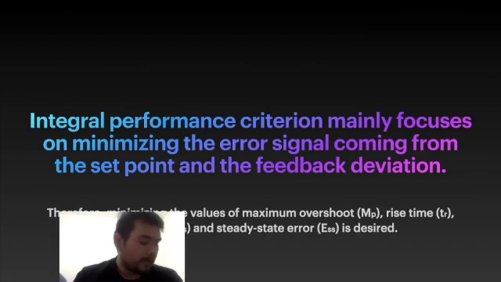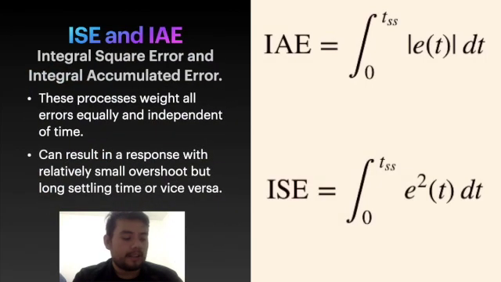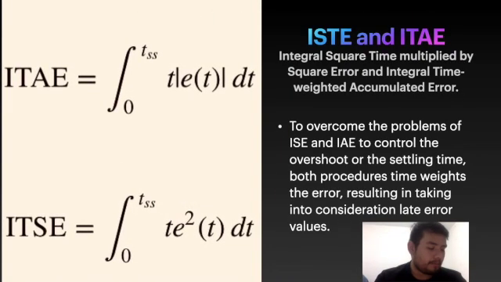So now talking about ISE and IAE, the integral squared error and integral absolute error are the simple integration of the error values, in which the IAE stands for the absolute error, while the ISE stands for the squared error. These processes weight all errors equally and independent of time, and can result in a response with a really small overshoot but long settling time, or vice versa. And that's why we need the following processes, that are the